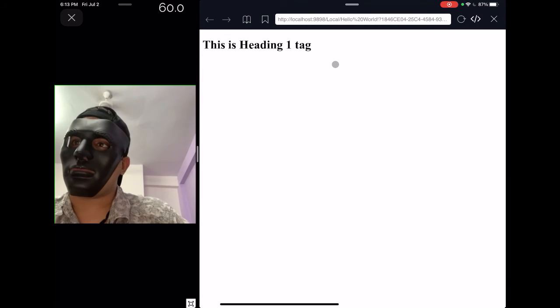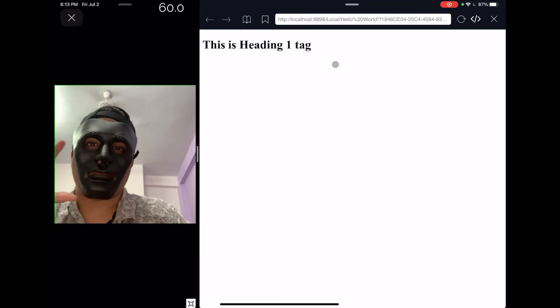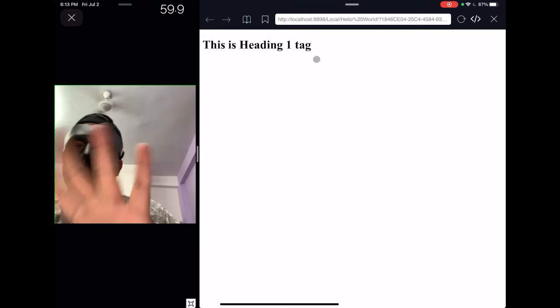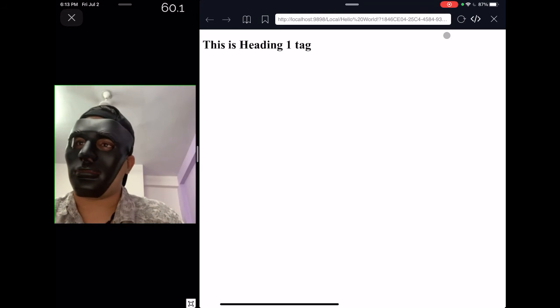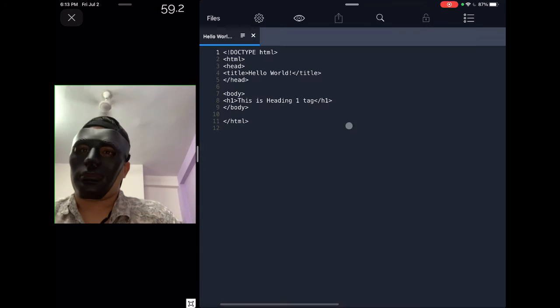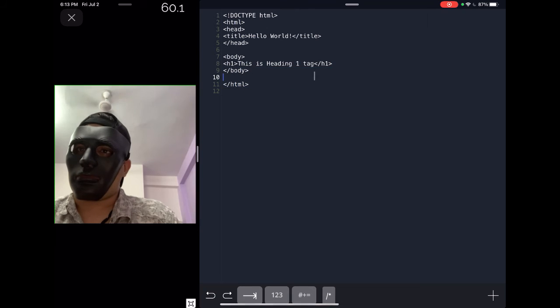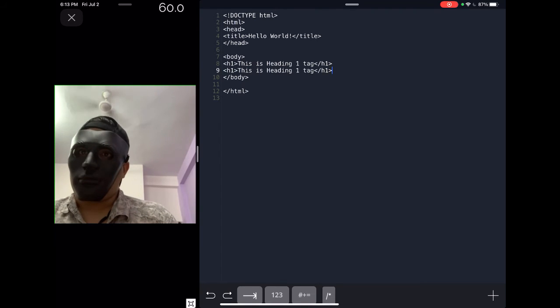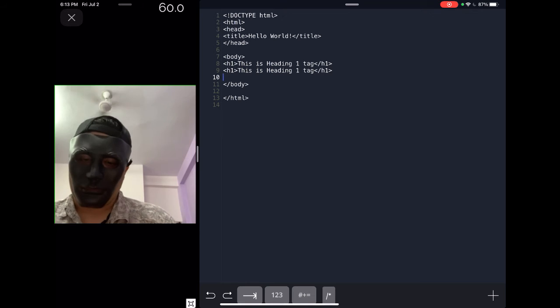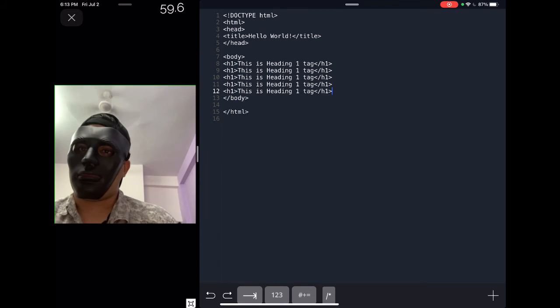Right now in this browser we are not able to see the title tag that we have used, but this is the heading 1 tag that I was talking about, and in due time I can show you the title tag as well. So let's copy paste this, because that will be easier and save our time. Since there are 6 tags, we'll be pasting it 6 times, 3, 4, 5 and 6.